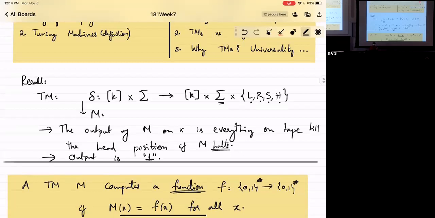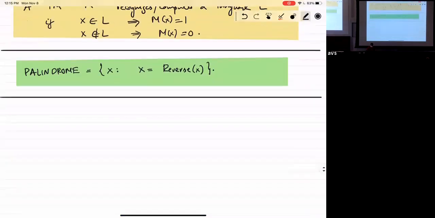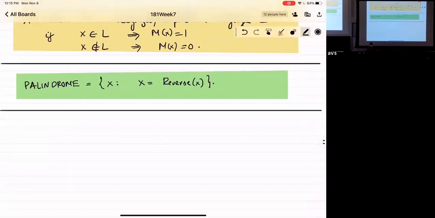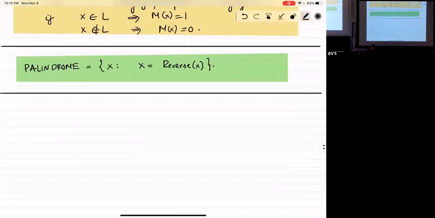For most of the examples, a sufficiently detailed and rigorous high-level explanation is enough. We'll see with the example what I mean. So what is our goal here?